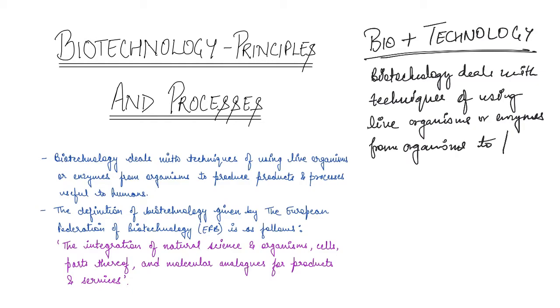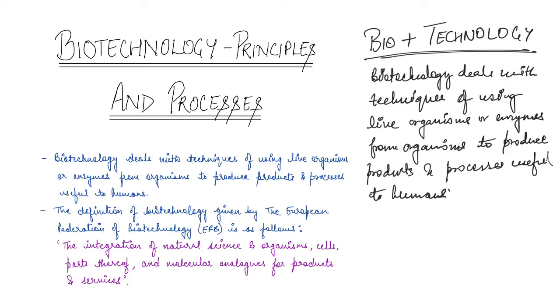And what do we produce? We produce products and processes which are useful to humans, right? So basically, in this sense, say making bread or making curd or making wine, all of these are